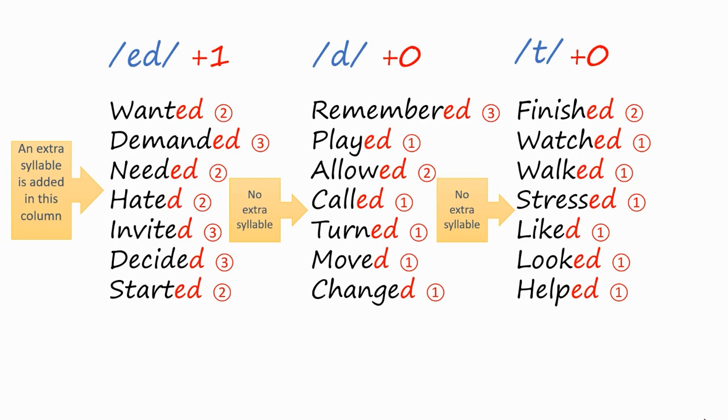It's really important that you understand this. I will give you some rules later which will help you to know which verbs get the extra syllable and which ones don't. But for the moment, it's important that you realize that the majority of regular verbs in the participle form are not pronounced with an extra syllable. Making the sound without adding an extra syllable can be a challenge for Spanish speakers, and this will need some practice. I will give you some exercises for that later.